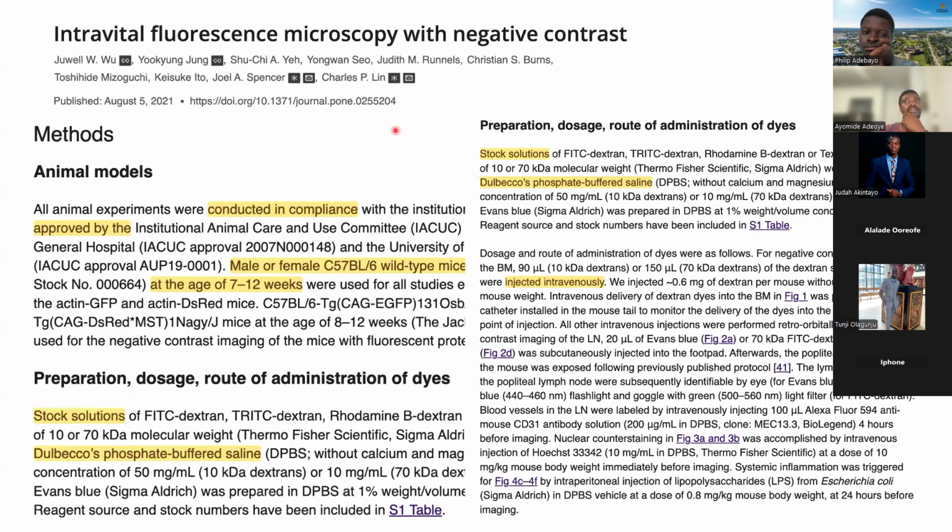And lastly, this is the last aspect I'll be discussing, which has to do with how to use fluorescent microscopy. So this research group is trying to use a microscope to study how fluorescent particles diffuse through the veins of mice. The limitation is that though there are different methods that have been used to study how dye could move through mice or animal models.